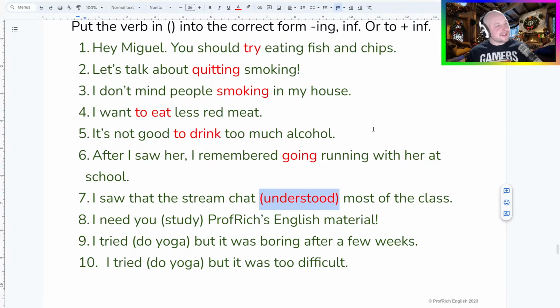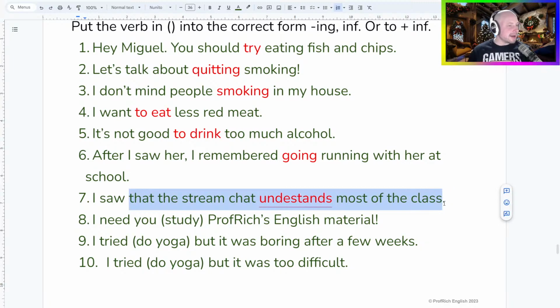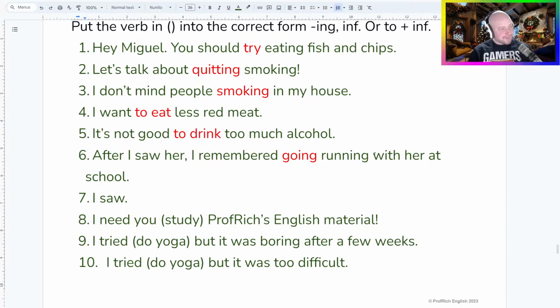What is this? I've put it in the past already. I saw that the stream chat, yeah, shouldn't be in the past. What should this be? This is something totally different, isn't it? Because it would actually be, because I said that there. Okay, that's a bad example. Let's change it. I saw the chat